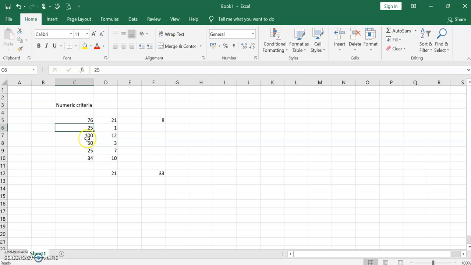I want to add all the values which has got 25. So it ignores all the other cells and it will select the cells in the range D5 to D10, where you have 25 in the C range. It will select only those values and that will give the summation. For example, this is a very simple summation where you just added criteria